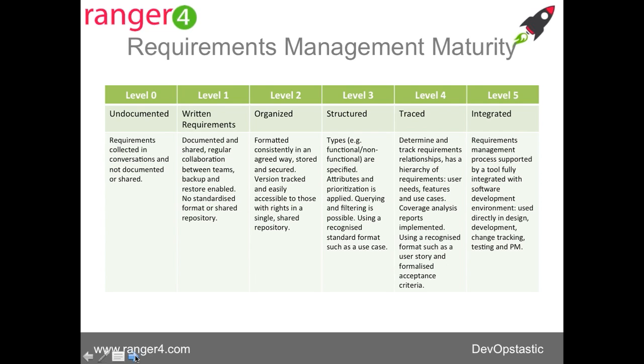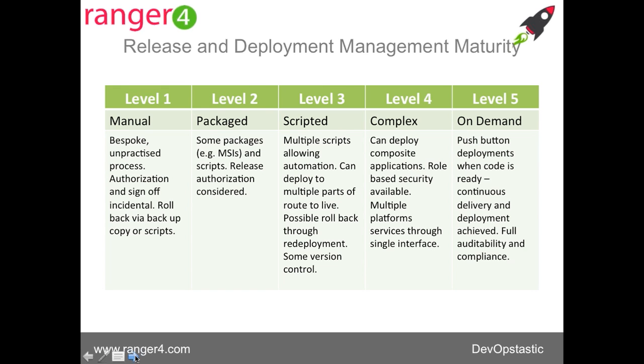So here's another one. I picked this one out of the Gartner CD maturity scale a moment ago. This is about application release automation and deployment automation. So this is a useful maturity scale to discuss with people. What we see at the start is people tended to do everything manually. I don't think many people are doing stuff manually now. I think most people have moved on to the script bit.